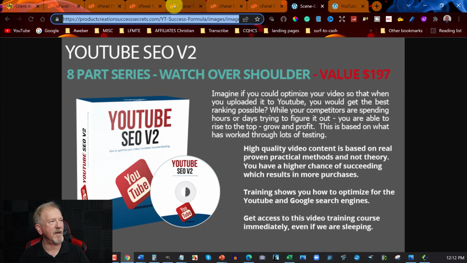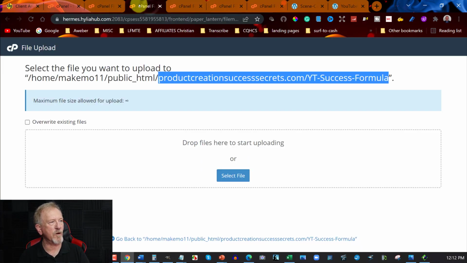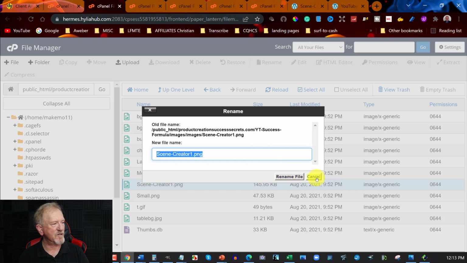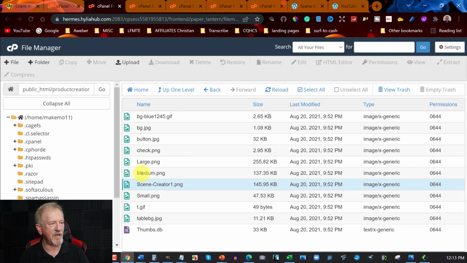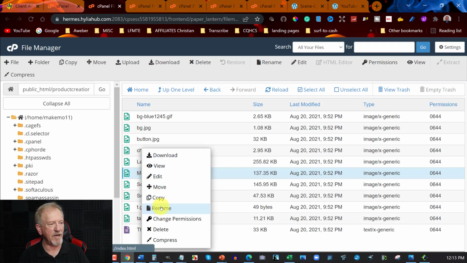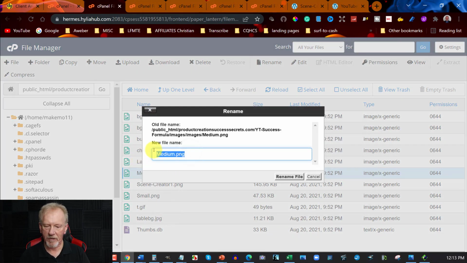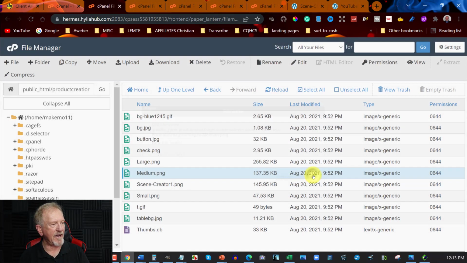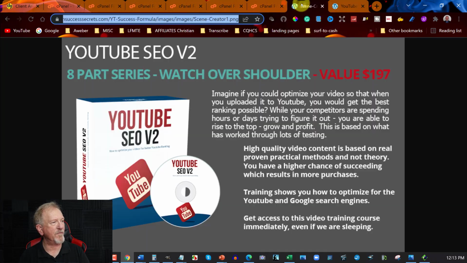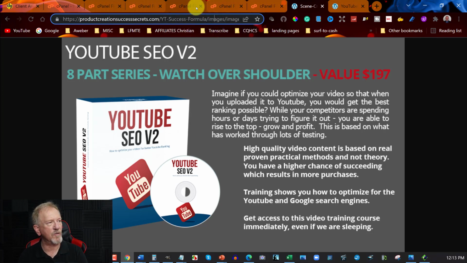Let's go find where that is in that folder of the image folder. Let's just cancel that. Then we go to medium.png, and we will now go do the same thing here. We will just right click, go down here to rename, highlight over the top and go Control C, or right click and hit copy, either or. And we can hit cancel, and we're going to go find that video, do that again, and we're now going to highlight over the top of this, go to the very end,